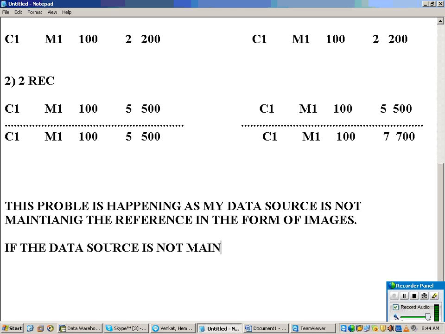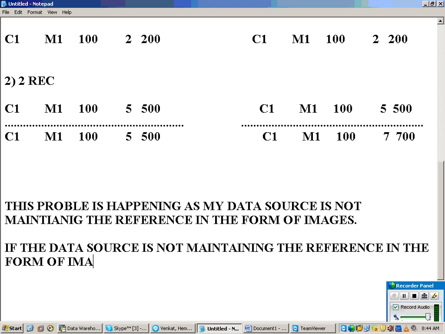If the data source is not maintaining the reference in the form of images, what has to be done?